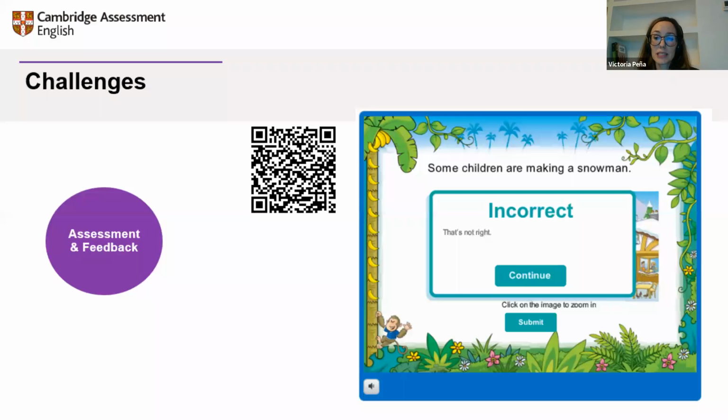And you can find activities like this one, where it's like a game, a very fun activity, and students can practice the different skills, listening, mainly reading and some writing, and they are going to get instant feedback. You can see that the feedback is motivating, with the monkey climbing the tree, and they are also going to be able to listen to the pronunciation of some words. So very easy to use, very straightforward, so they won't need very much parent support there.